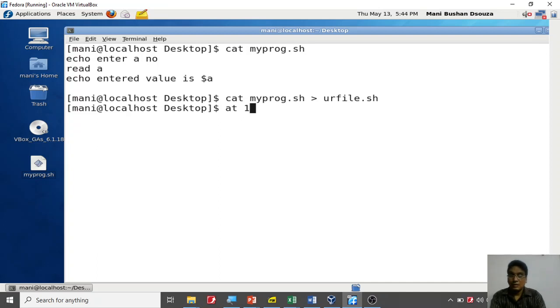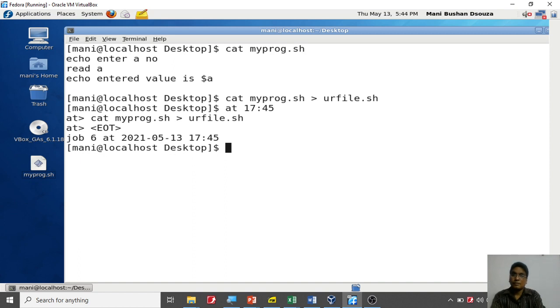So at 17:45, let me make it 45, I want this command to be executed. So what is that command I want to be executed? I have to be very careful to type it very fast. So I'm going to say cat myprog.sh > yourfile.sh and Control D to that.